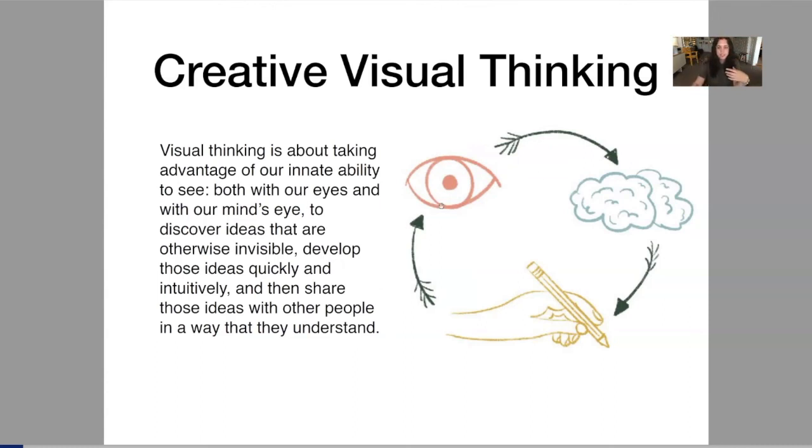So this image here that I've created shows you the loop of ideas to physical creation to visual interpretation and back again. So that's what this class is all about. It's about taking something from your head that's just a mere idea, executing it, turning it into a physical design and existing out in the world that someone else can then visualize, see, and understand. And then you start that process all over.